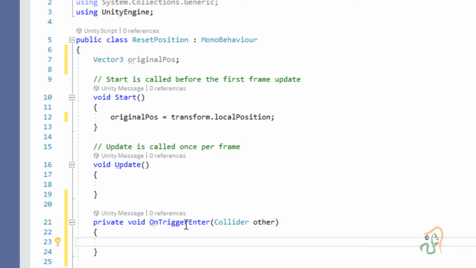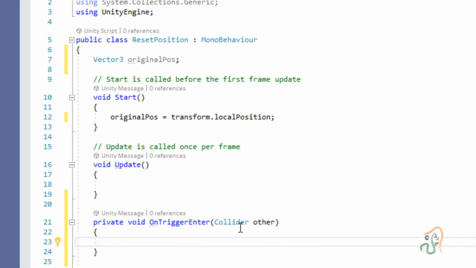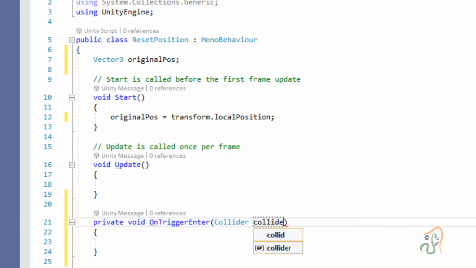It is OnTriggerEnter, and in the bracket you have to declare a Collider. Collider is the type of data, and here we declare a variable. It has mentioned as other. In this place, let us type the name. For example, I will give it the name collide. So we have declared a variable collide here.